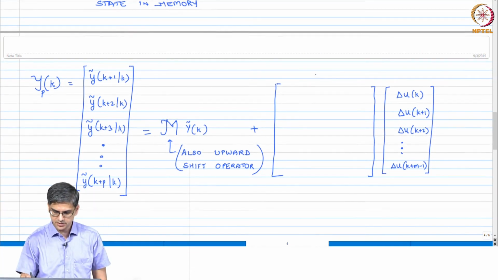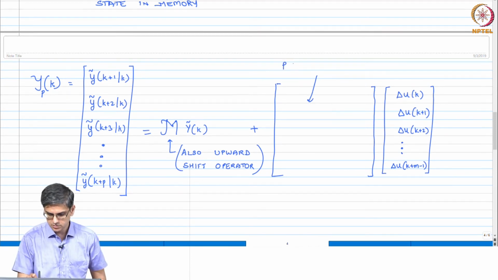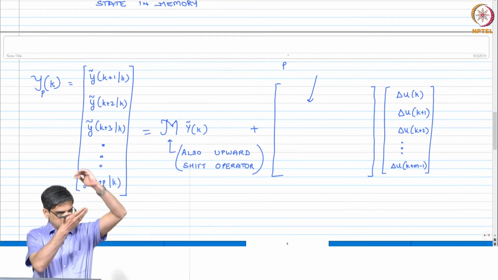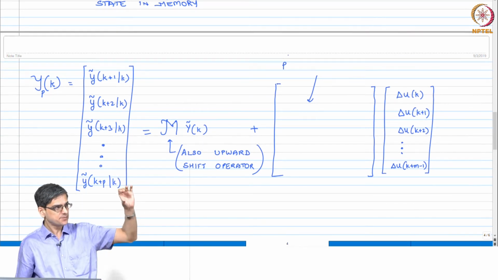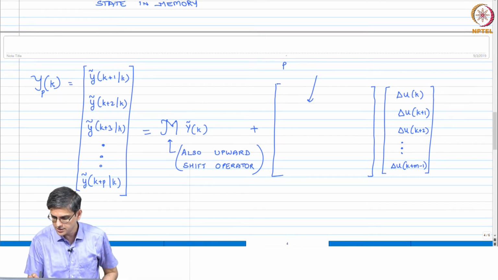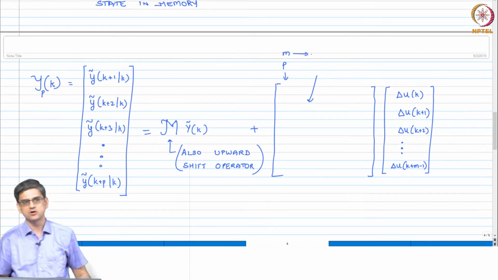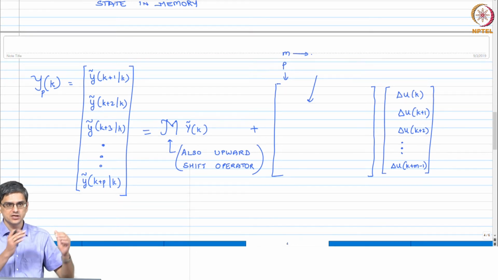So this guy that you see over here will have p number of items repeating. The number of rows is going to be p multiplied by ny, because each of those repeating items is an ny by nu matrix. So it will have p number of rows and, again not m but m into nu, number of columns. Why? Because S itself is going to be ny by nu, okay.